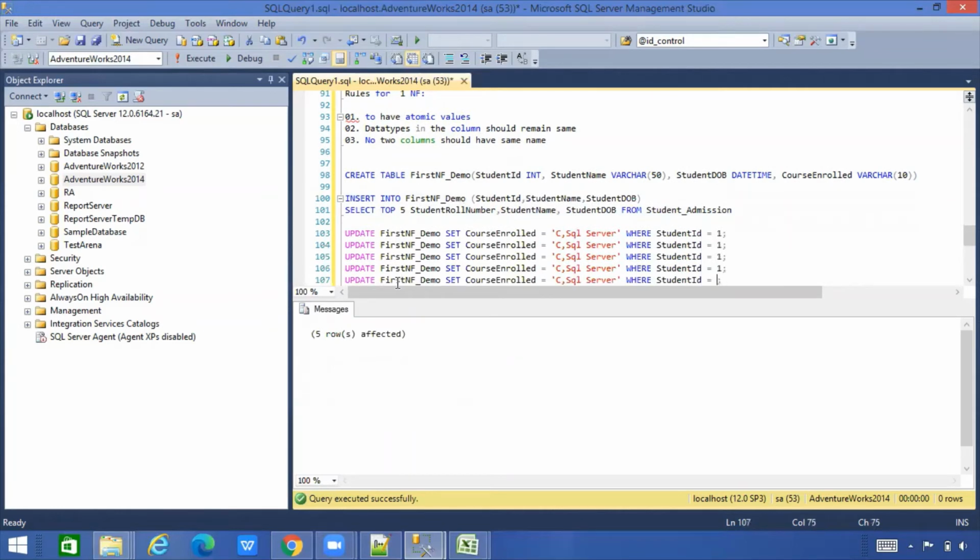Records 5, 4, 2. Now student 2 is enrolling only for Java. Student 3 is enrolling again for .NET and SQL Server. Student 4 is enrolling for SQL Server itself. Student 5 is for C#. Insert this data into this table, and